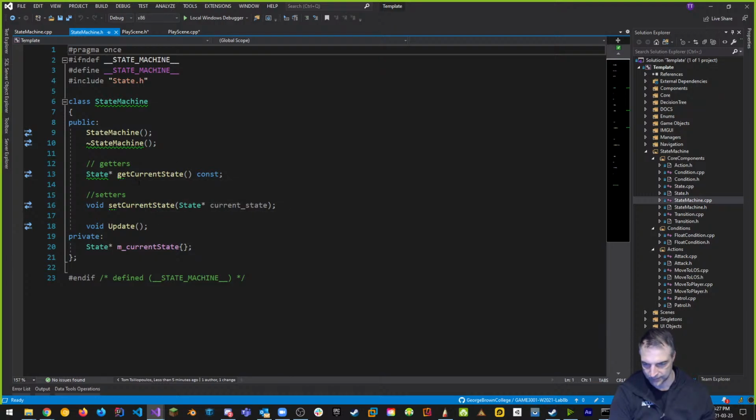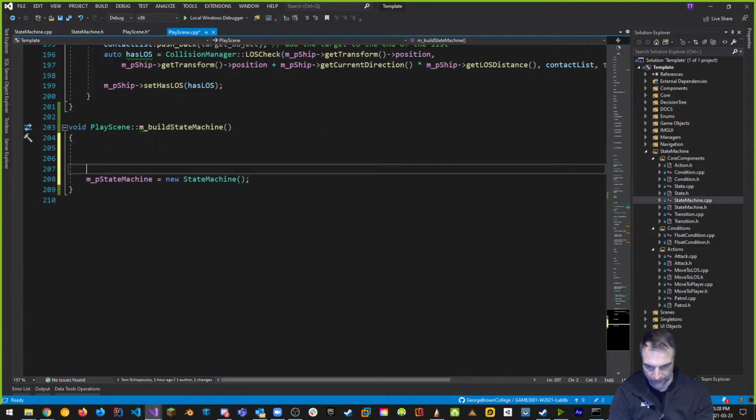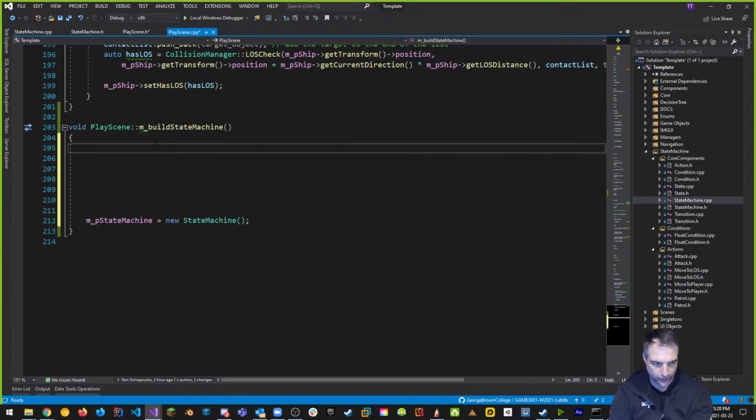I don't have states, and states require transitions, and transitions require conditions, and conditions require, see what I'm saying? So I need to set all that stuff up first. This is where the slogging comes into play. And I'm sorry about this, but we've got to go through it somehow, right? So I'm going to make my state machine at the very end. But before I do that,